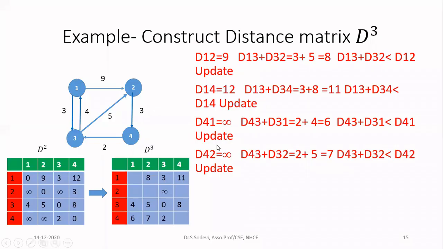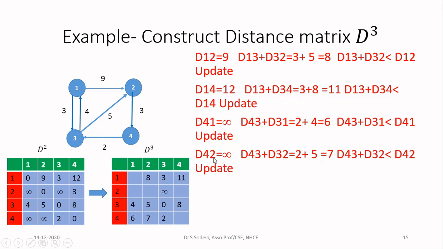Now let us see what is the meaning of these two statements. So previously, before adding the node 3, if I want to go from node 1 from the node 4, there is no path. That is, the cost is infinite. Now let us see how I can reach the node 1 from the node 4 through the node 3. So here, I want to go from node 4 to the node 1. Now I am including the node 3. So first I am going from 4 to 3 with the cost of 2. Then from 3 I am reaching 1 with the cost of 4. So totally with the cost of 6, I am reaching from node 4 to the node 1 through the node 3. That is the meaning of this updation.